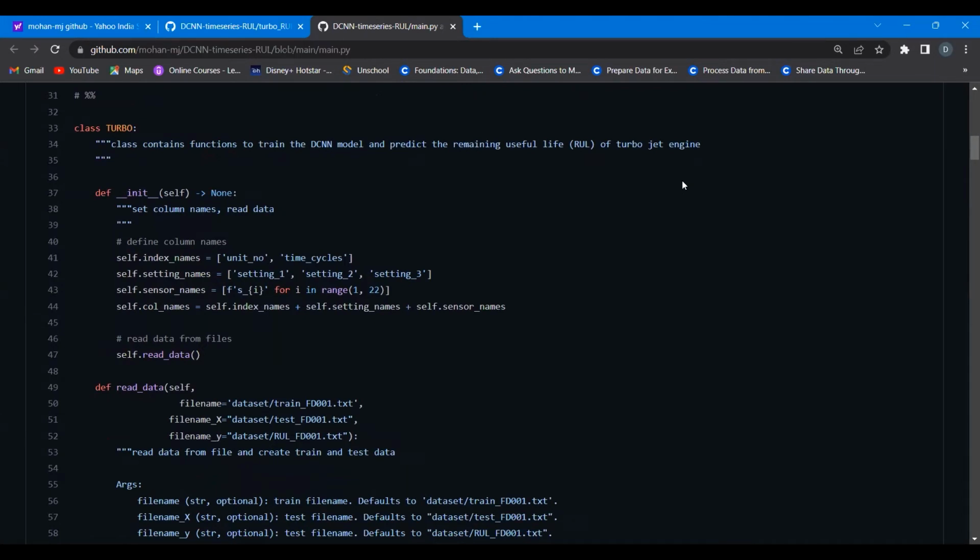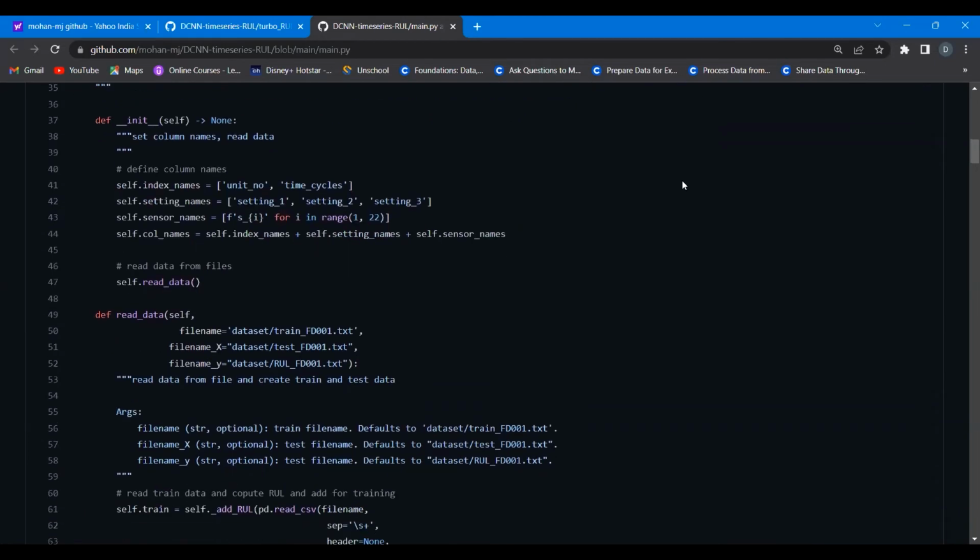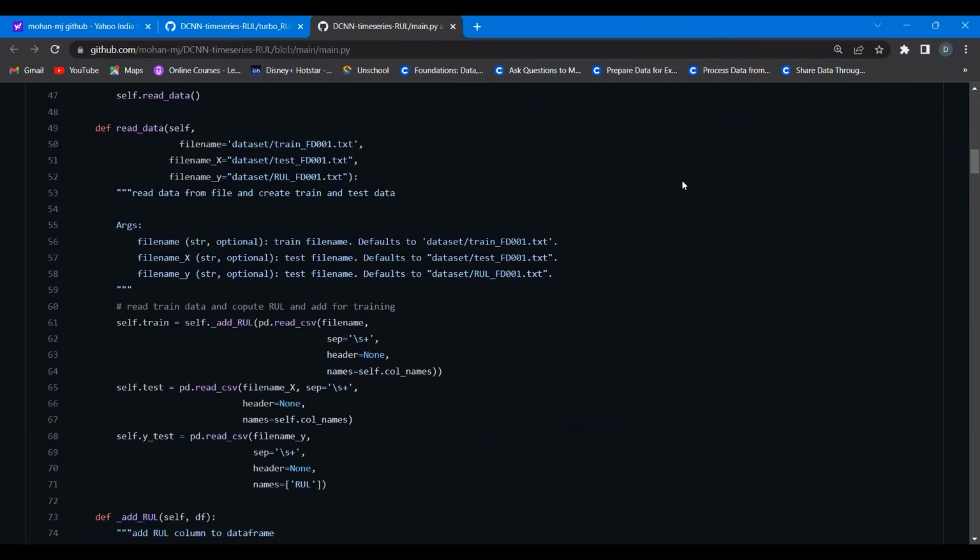I have defined one more function which reads the data, called directly in the init itself. In the reading itself, can you scroll down a bit more? We are also appending the RUL information, because if you see the raw data set,